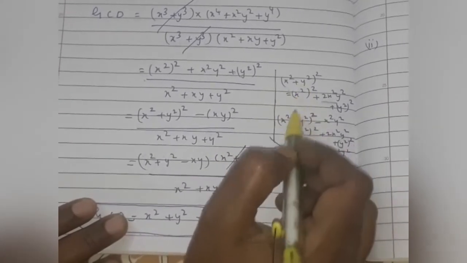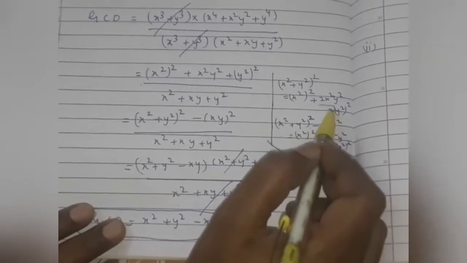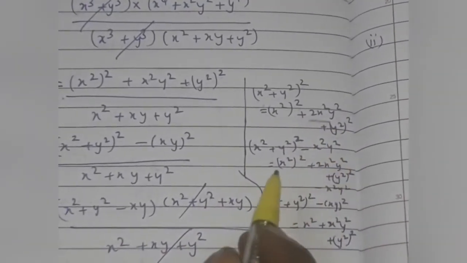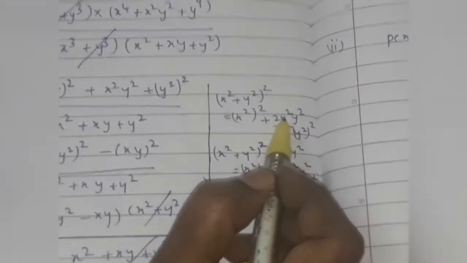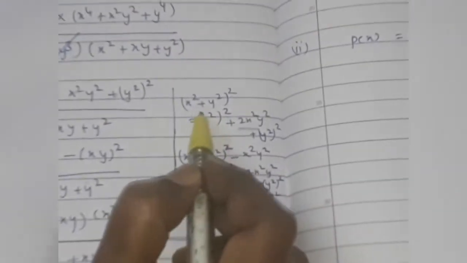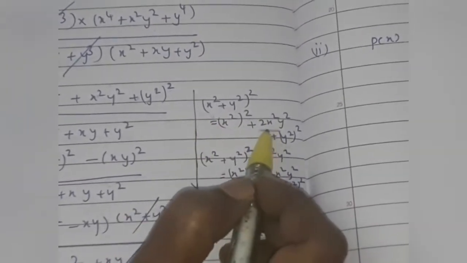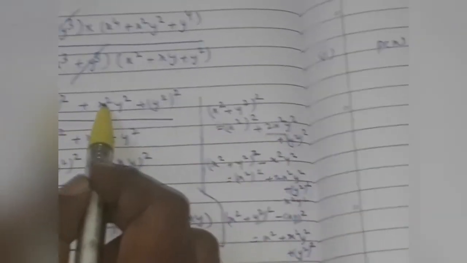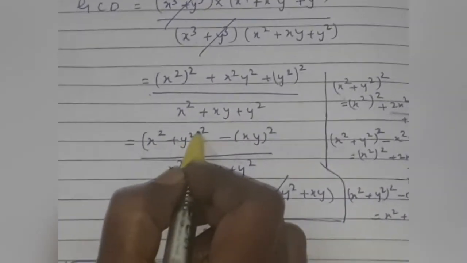x square plus y square minus xy square is equal to x square plus y square, x square the whole square plus x square y square plus y square. So one in the 2 x square y square is there, right? One x square y square, if you take to the front of the equals sign, that will become minus x square y square, and here the 1 x square y square will be there. So this can be written as x square plus y square the whole square minus xy the whole square.